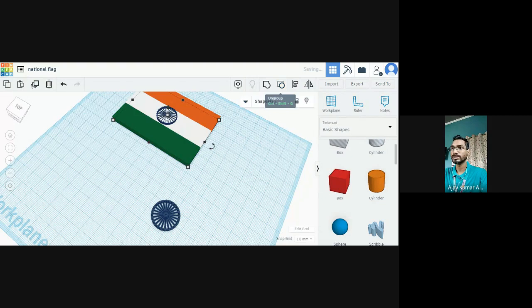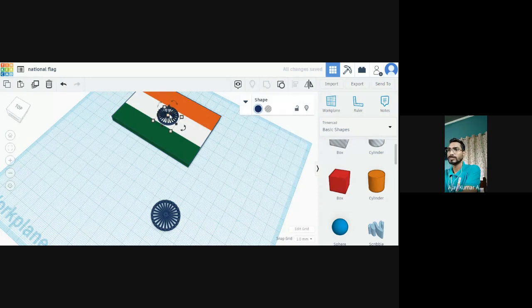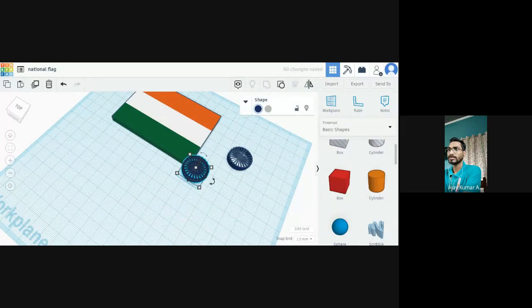So let me drag this one out, and you can drag it inside the center like this, and you can make it a little bit down.